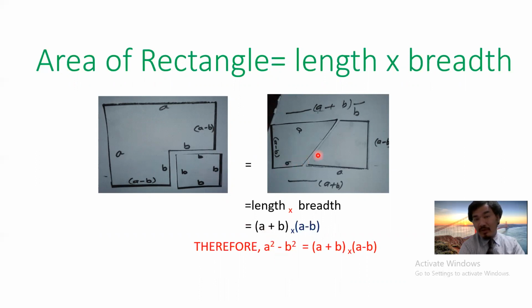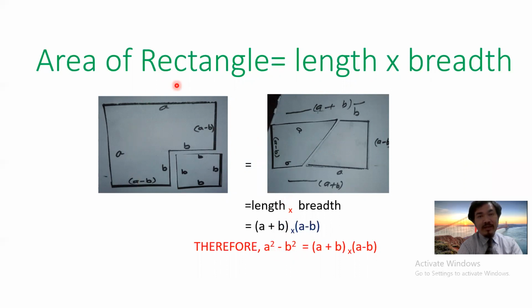Now what happened after cutting this one, after subtracting another way? Look, this had come A plus B, and this was also A plus B. Then this is A minus B, this is also A minus B. We know that this is a rectangle. Actually these two pieces and this part are equal. That's why we have put equal. This total part where I am pointing and these two parts are similar, but we are finding them in two different ways.